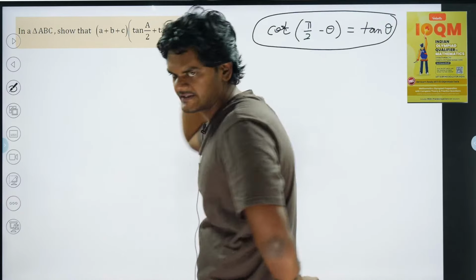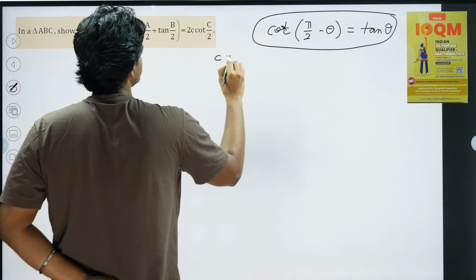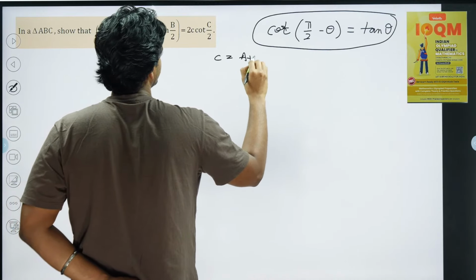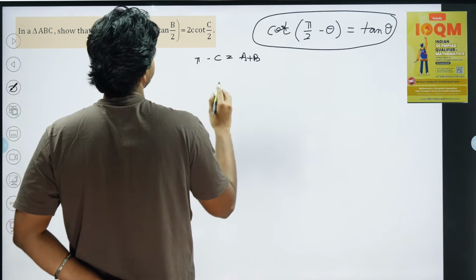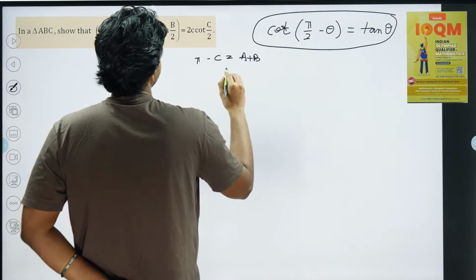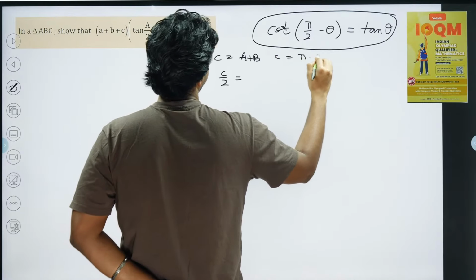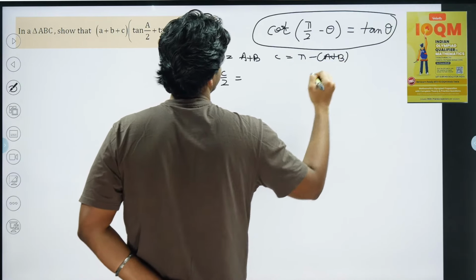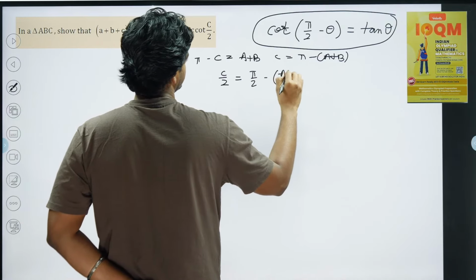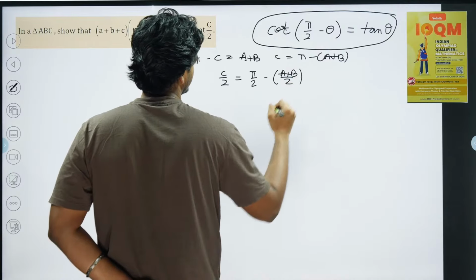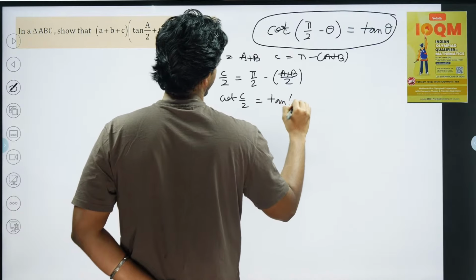Tan(π/2 − θ) is cot θ. Now, A + B can be written as π − C, so C can be written as π − (A + B). So C/2 can be written as π/2 − (A + B)/2. So cot(C/2) is tan((A + B)/2),